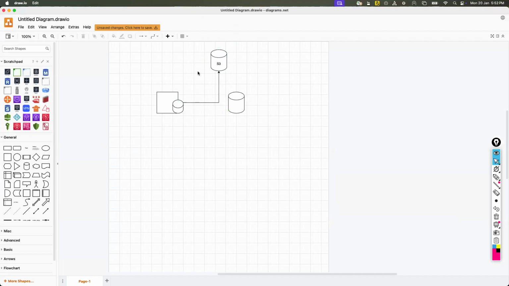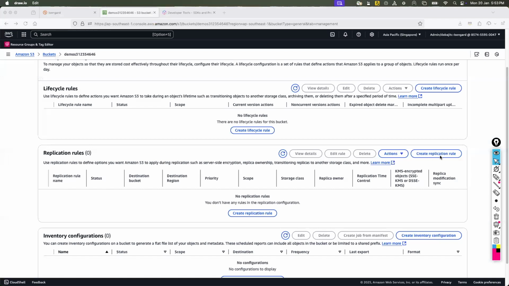God forbid if something goes wrong in the entire Mumbai region, then what about my data? If you enable replication, it will continuously replicate to S3 in some other region, so whatever data you have will be in your target environment. That is a very nice option that you can set up very easily.